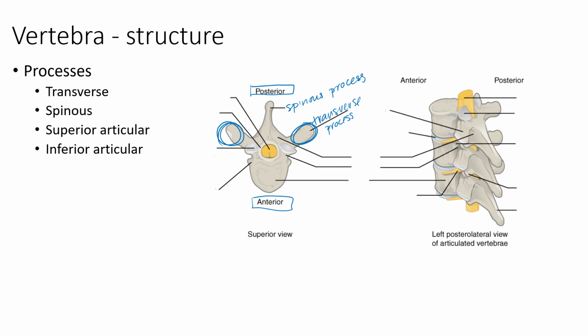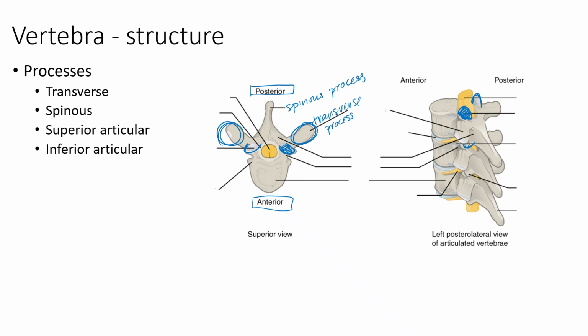You also have superior articular and inferior articular processes as well. And these are going to form those facet joints that I was talking about before. So you can see on this picture to the right, this guy right here, those guys, and then you can see a little bit of a jutting there. You can even see the inferior articular processes there as well. So the inferior articular surface is going to form a joint. Right there, you can see that flat area with the superior articular facet, the facet of that superior articular process